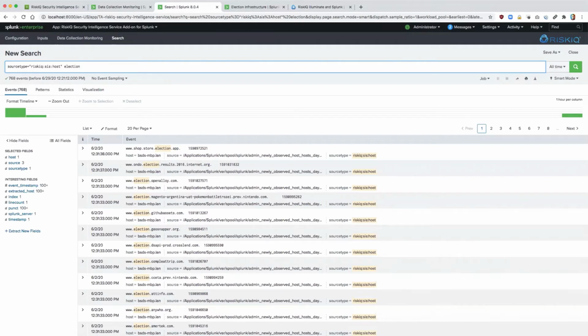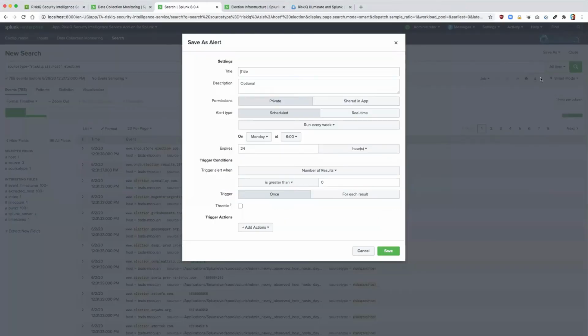And as I just stated, the follow-on actions that we could do with this data is of course correlate it with all of our internal log telemetry, but I could also save this as a report, a dashboard panel, or generate an alert. Splunk has built-in alert functionality that allows for triggering conditions so that over a period of time, if there was an increase in election or particular brand keyword, I could organize and alert my team to that